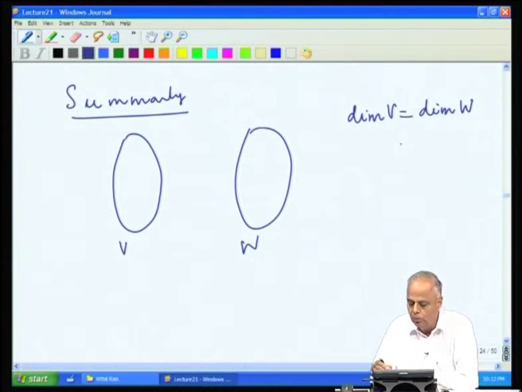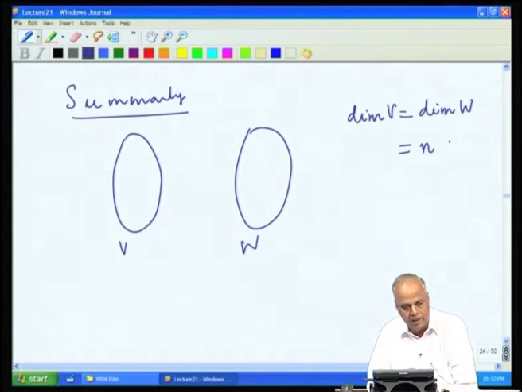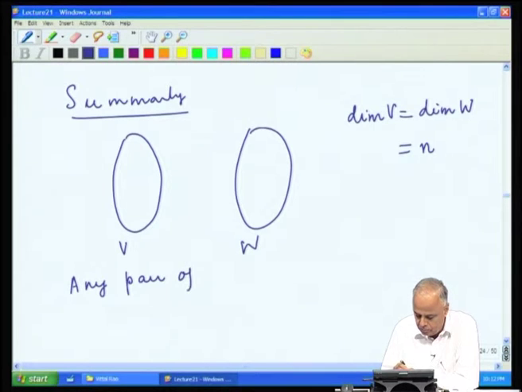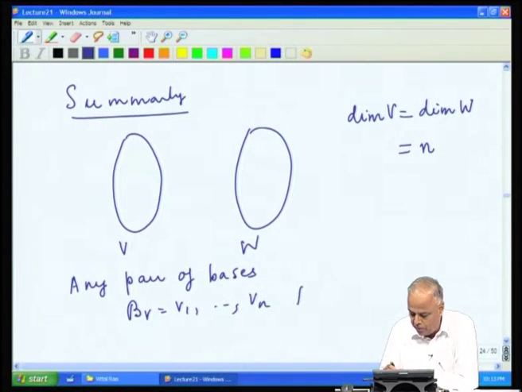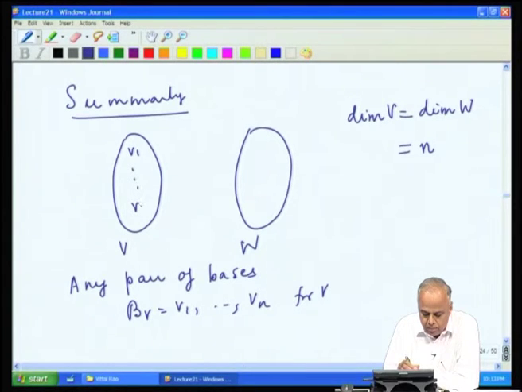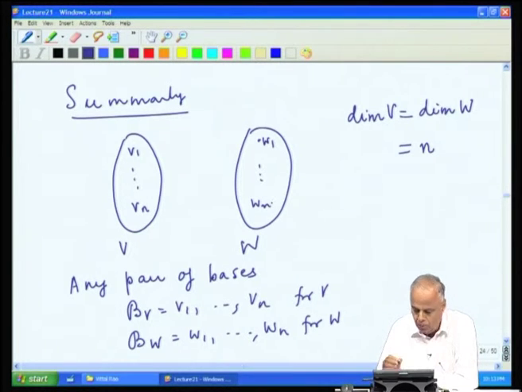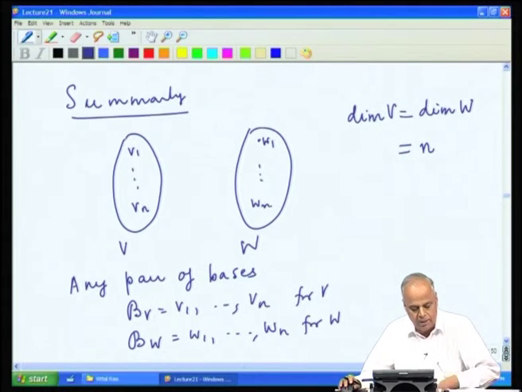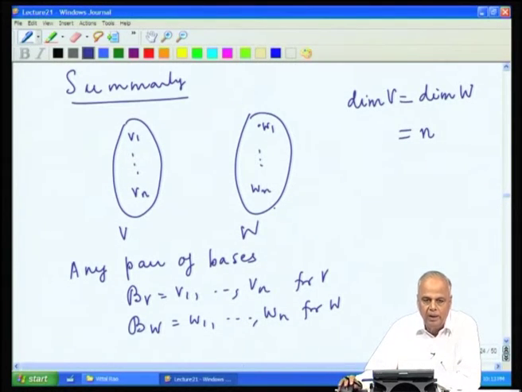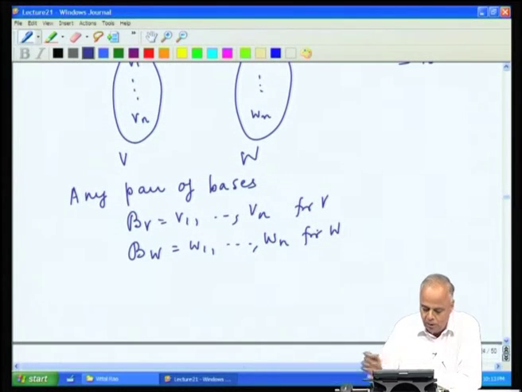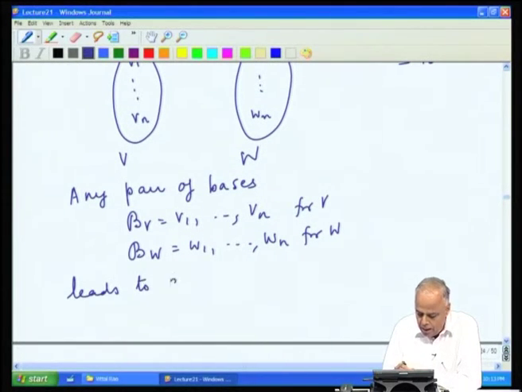So, if we have two vector spaces of the same dimension, say equal to n, then any pair of bases B_V = {v_1, v_2, ..., v_n} for V, B_W = {w_1, w_2, ..., w_n} for W. So, you take any ordered basis B_V for V, any ordered basis B_W for W. You take a pair of bases, one for V, one for W, leads to an isomorphism